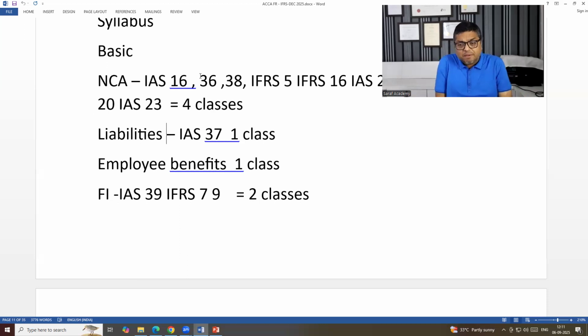In the syllabus, in practical life, both are relevant: the old one IAS and the new one IFRS. For many old IAS, a new IFRS has been published in the last 25 years. Suppose one example, leasing. Earlier there was a leasing standard, IAS 17. But around 4 or 5 years back, in place of it, the new standard is IFRS 16. So now IAS 17 is no more applicable.